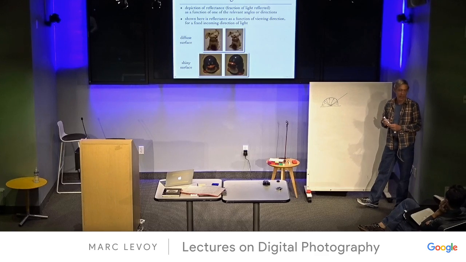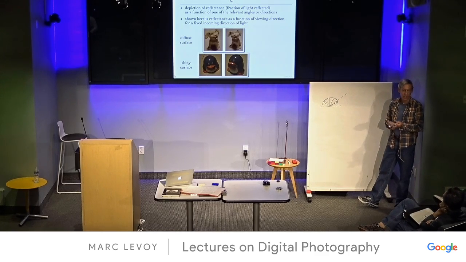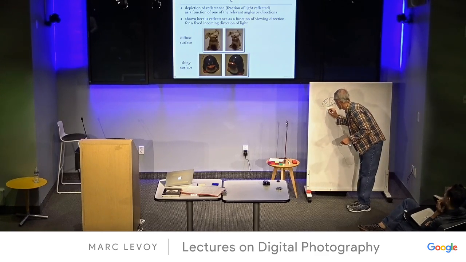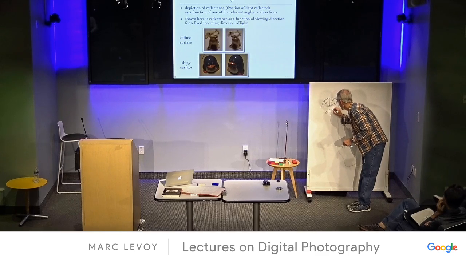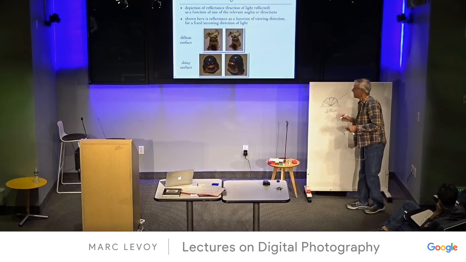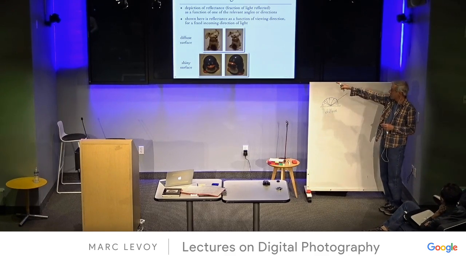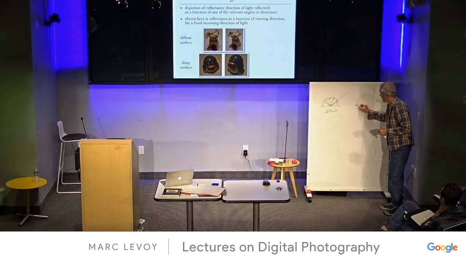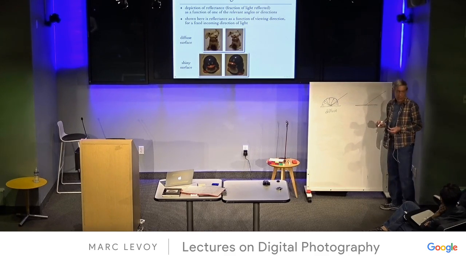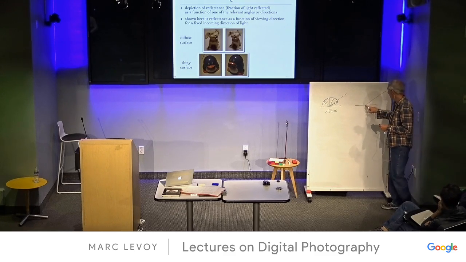And that envelope is the goniometric diagram. So that's what a goniometric diagram is. This is for a diffuse surface. If we have a shiny surface, like the lower one there, it might be something like this. First of all, we do care about where the light's coming from, so that has to be part of